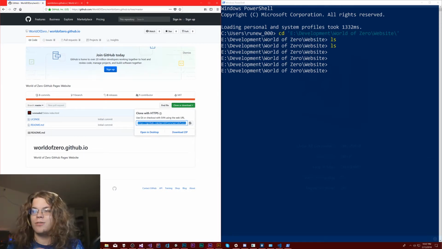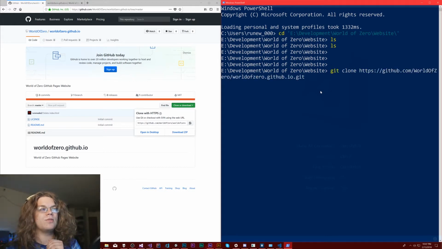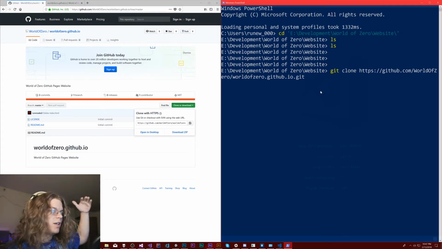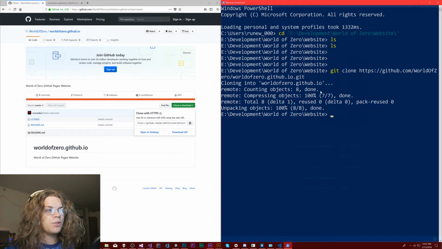And so this is going to give you a URL. You can use either, well, I guess you can only use HTTPS. Sorry, that's a different feature. But if you go git clone, this is going to copy everything from the master branch and pull it down into your local repository. So this is going to create a folder called